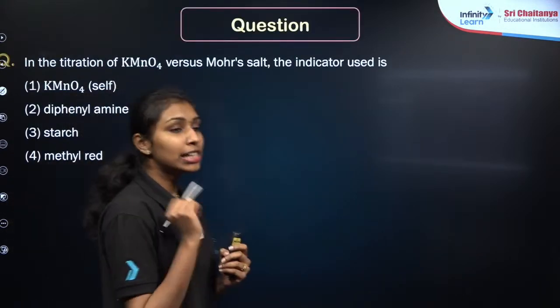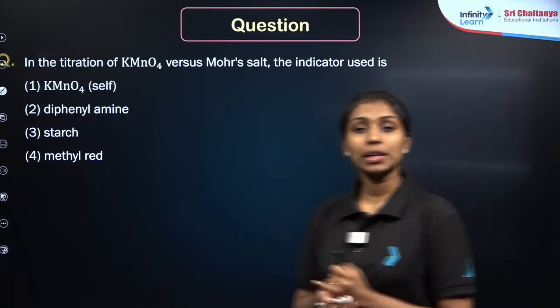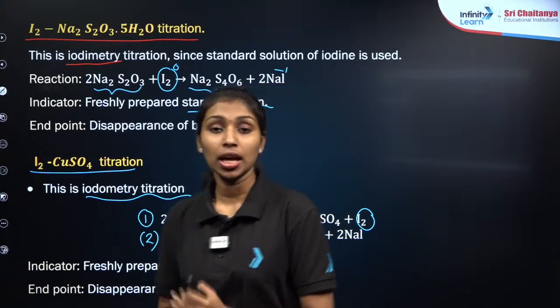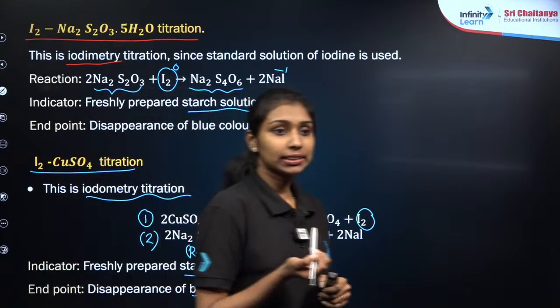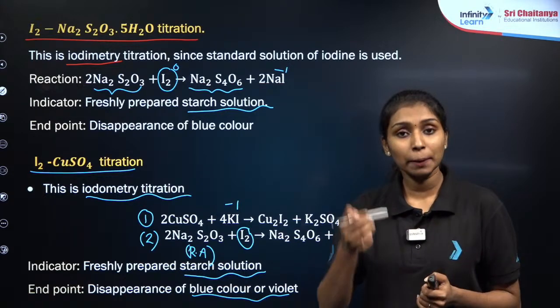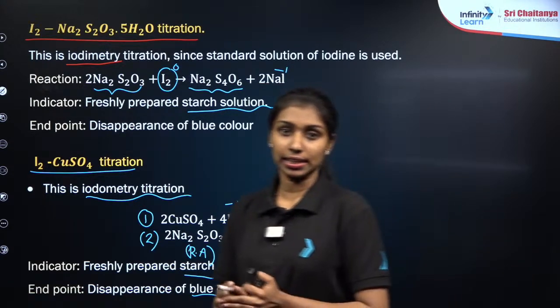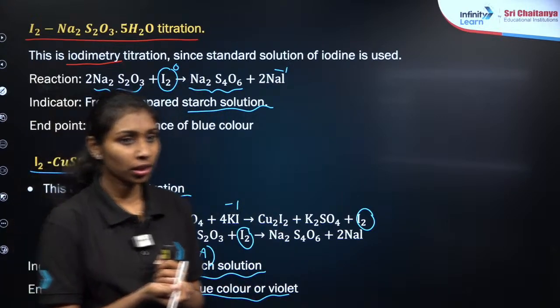Okay, this is all about the redox titrations. We have discussed permanganometry, right? In the case of permanganometry, potassium permanganate is always used as the oxidizing agent, right? And what about the indicator there? In the case of permanganate, KMnO4 itself is used as an indicator because of its pink color. Then towards the end point,